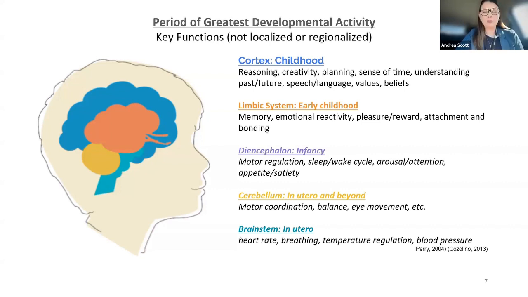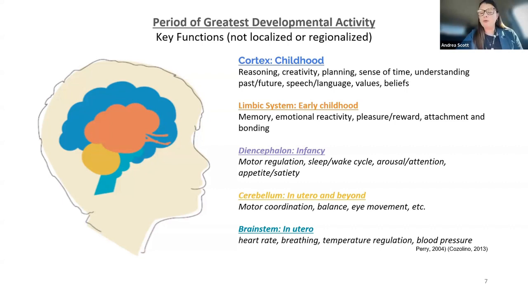Next, we have our limbic system right there in the orange. You'll see that controls our memory, our emotional reaction, our pleasure, reward, our attachment, our bonding. So oftentimes you'll see that a lot of our teenagers live here because it's our emotional reaction. So when we think of emotional reaction, think of maybe a toddler that you're asking to do something, or you ask them if they want something. Sometimes their emotional reaction is maybe unsettled, or maybe they start to cry or fuss. And sometimes that child may be living in that limbic system. Maybe you're in a situation yourself and someone asks you to calm down after you've been very upset very quickly.